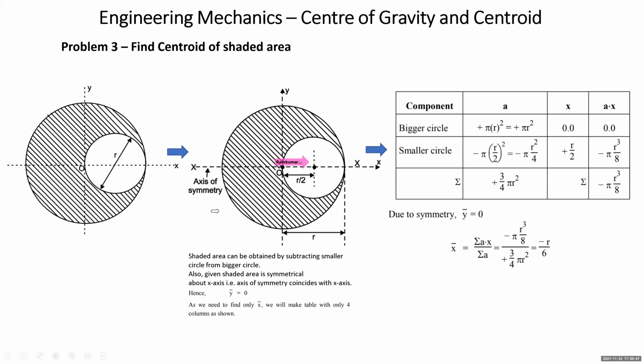But anyway, you don't need to mark it, because here the problem is to locate the centroid. You have to arrive at the coordinates x bar and y bar only. So in this problem, we have understood how to deal with a circle. Also, we have understood how to mark the centroid of a circle. That is all very clear.